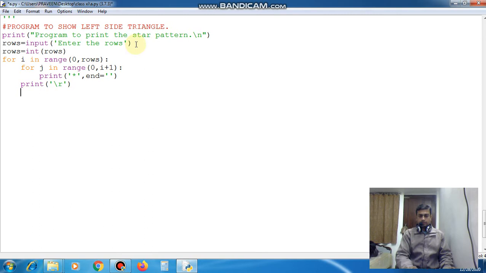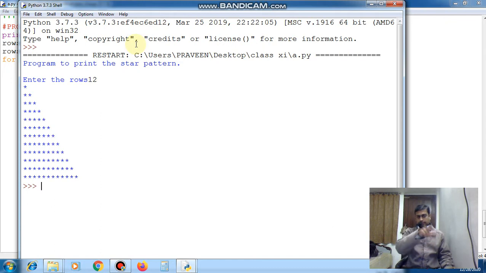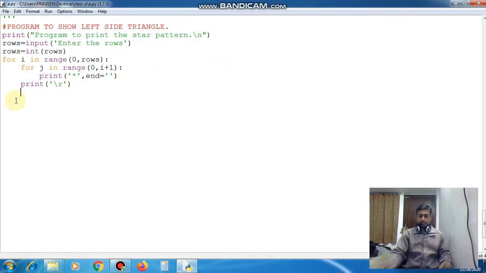Now here, after this print, this is the upper portion of the program. Now you can save and you can see what the output is. Now we have given 12 rows, you can see the upper portion is coming like this. Now the downside portion, if you want to print, that is the next program which I'm going to combine here. Now for i in range, this rows